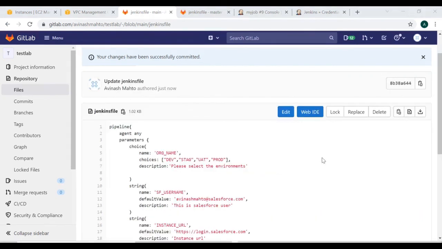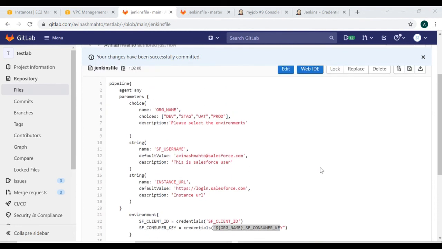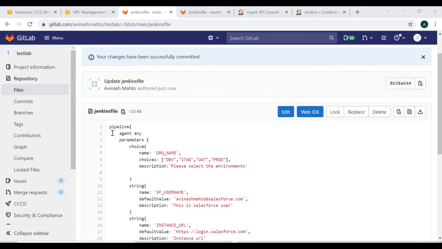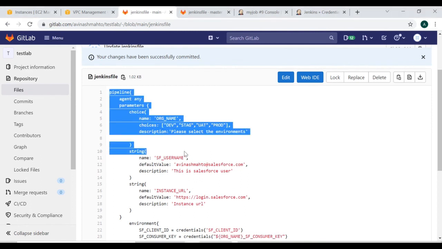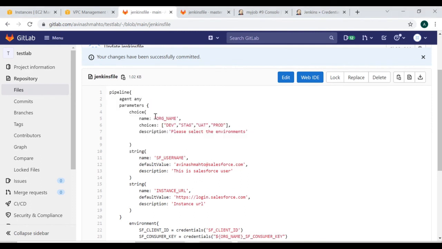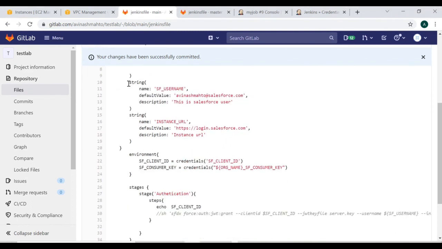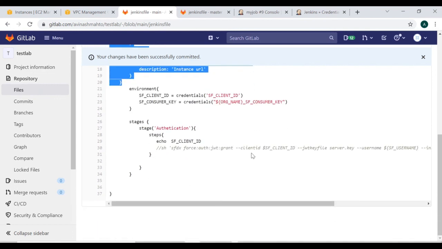Now it's time to recollect everything we have done in this tutorial. Basically we created one repository here, and at the start of this tutorial we saw how to define the pipeline syntax using the string parameter and how to pass it inside the command.